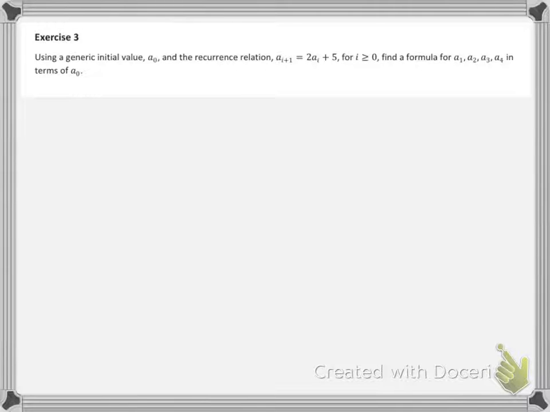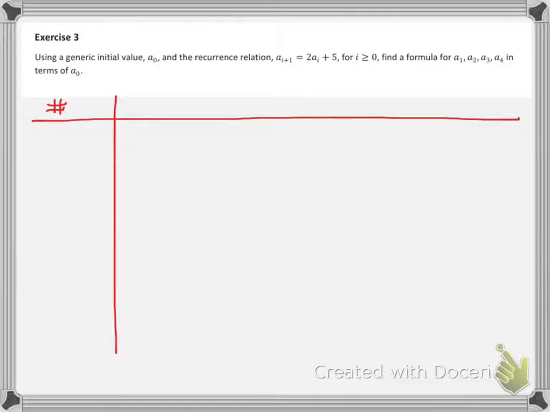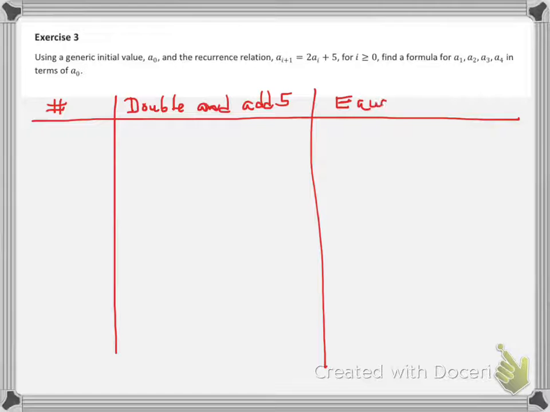Let's say before we do this exercise 3, let me give you this. Let's consider one of these tables where we have a starting number and we have the double and then add 5. That's an N. Double and add 5. And then let's get an equation for each one of these. Okay, and then hopefully we can write an equation that will work for